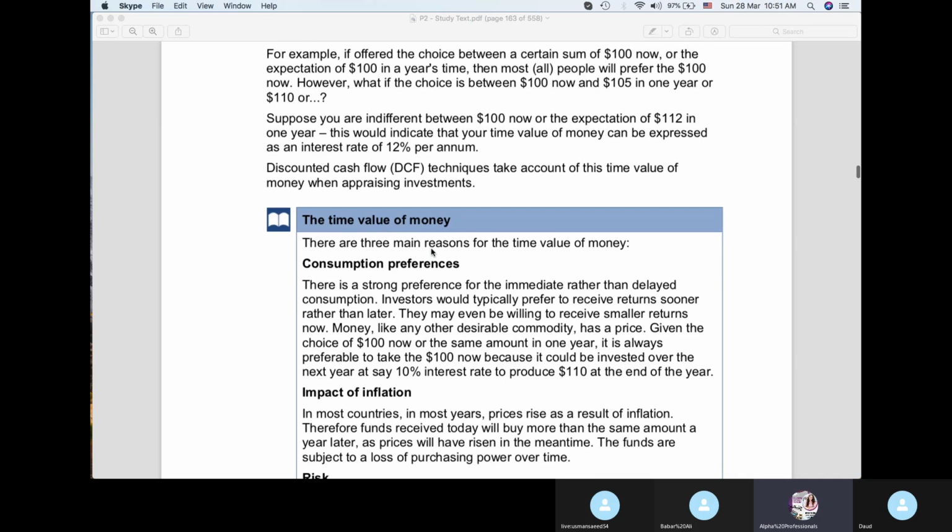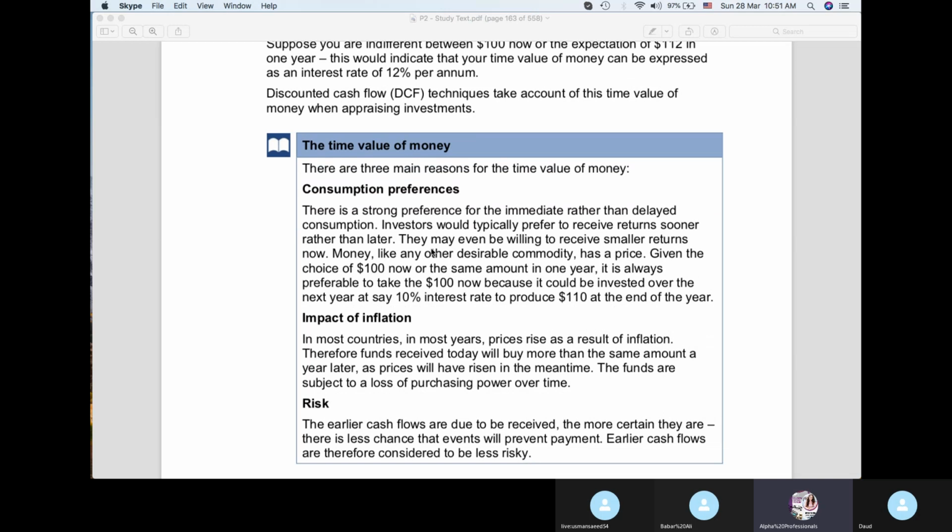So discounting, I'm not going to get into details, but here, the concept of the time value of money has been explained a little bit. Consumption preferences, because of the consumption preferences of the consumer. If somebody asks me, you give me the 100,000 which I'm supposed to spend on my living style today, and they ask me that you don't spend on a car this 100,000 and give this money to me, I will give it back to you after 3 years, and then you can buy a car. But I will say that who knows if I would even be there after 3 years or not. So I want to spend this money today.